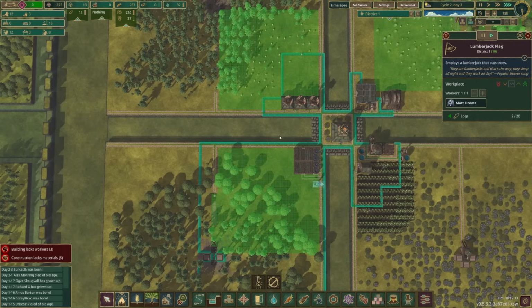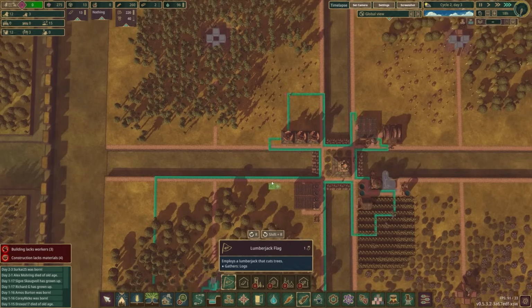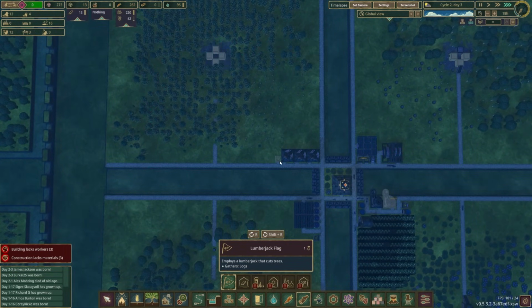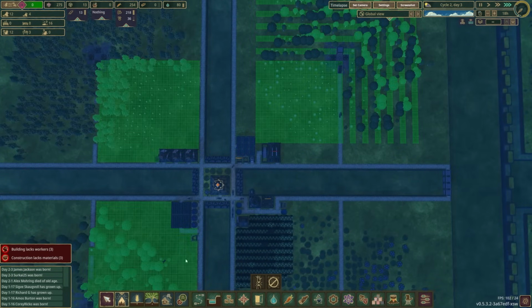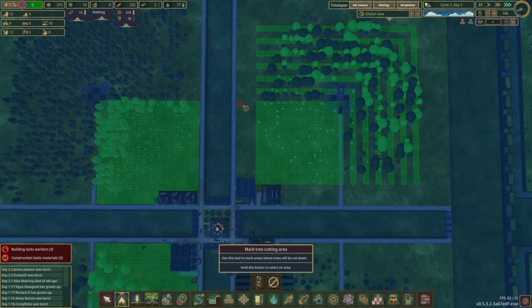This guy can only reach certain parts of that. I guess I could just go ahead and place this guy right here. Just let them keep track of what they want to keep track of. Yeah. So there are no more trees here, so I'm not gonna mark this up, but I just wanted to show you